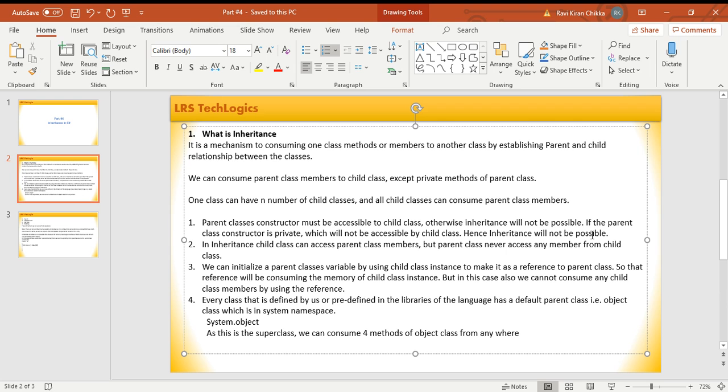If we inherit from a class, automatically the implicit constructor will be called, right? So, if the constructor is private, it cannot be accessed by the child class. In that case, the relationship will not work. It should be accessible in the child class, which means it should be public. The second point,